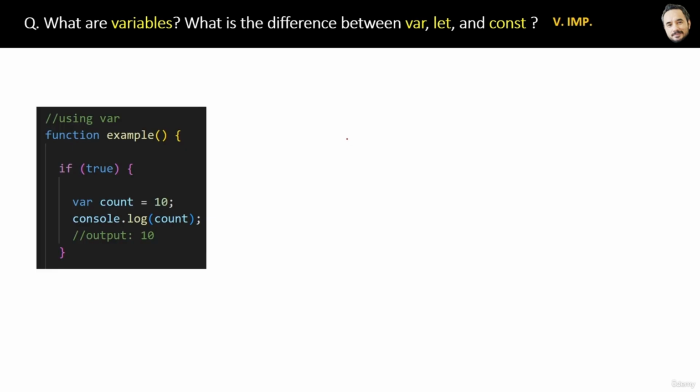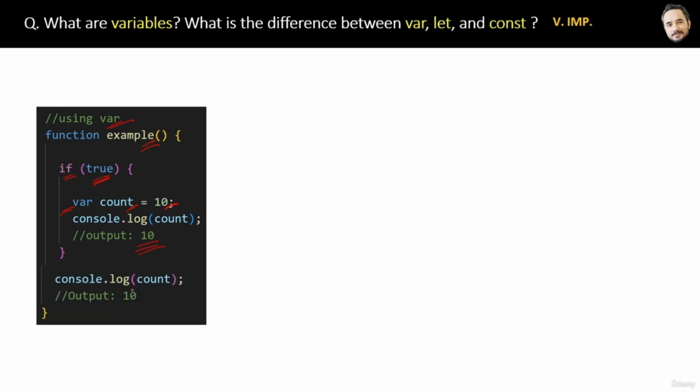Here is the code example for the var keyword. Here we have one function example, and inside that we have an if condition that is always true. Inside it, we are using the var keyword to assign the count a number value of 10. When we print the count inside the if block, the output will be 10, which is expected. But when we print the count even outside the if block, even there it will print 10 as the